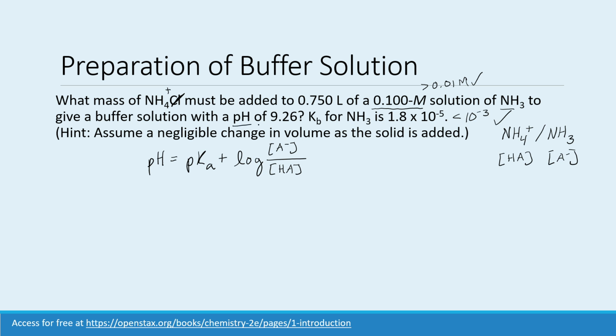So the pH they give us, pH equals 9.26. They also give us the Ka value indirectly, right? They give us the Kb, so we can find the Ka, and then we can find the pKa. And then they also give us the concentration of the base, that 0.1 molar. So the only thing that we don't have is that weak acid concentration. So let's go ahead and find what the pKa is so we can plug all this in and solve for that weak acid. So the pKa,